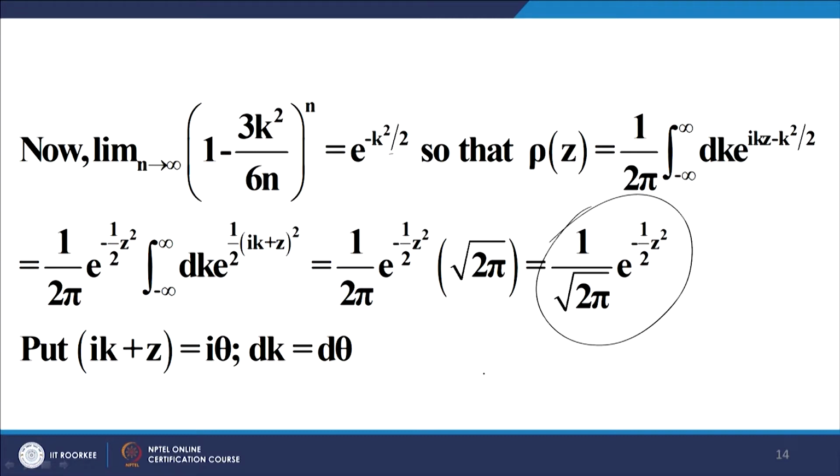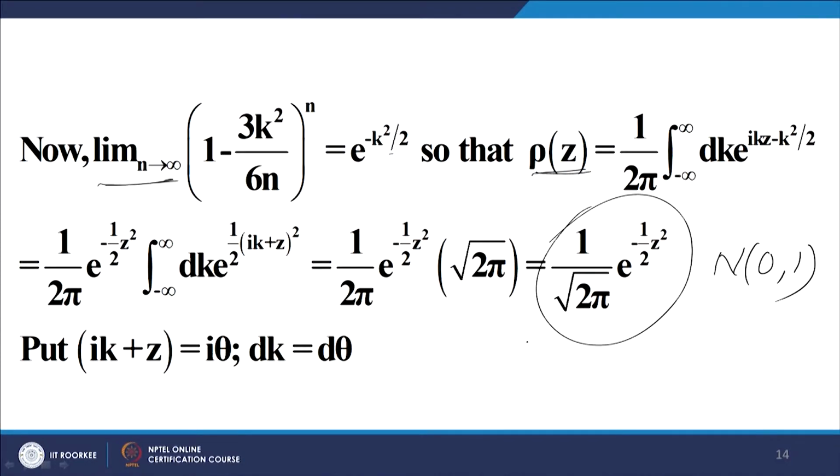what is this? This is nothing but the PDF of the standard normal variate. So, a lot of manipulation and we end up with the standard normal variate. The limit is taken at this point. Prior to this, we had not taken any limits. At this point, we take the limit as n tending to infinity, and we end up with this particular expression for the probability density function of z, which is nothing but the standard normal variate.